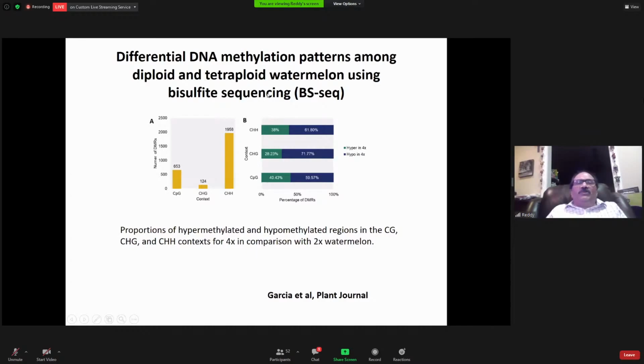And then we understood, once it is a tetraploid watermelon, what happens, especially in the seedling stage itself, a lot of methylation happens. And then the methylation, when we see it between the diploid and tetraploid, the hypermethylation is lesser and hypomethylation is more. So the demethylation also happens. In diploid, several genes are methylated. I said methylation is a repressive state, but in tetraploids that opens up. Probably that is one of the reasons for tetraploid superiority.